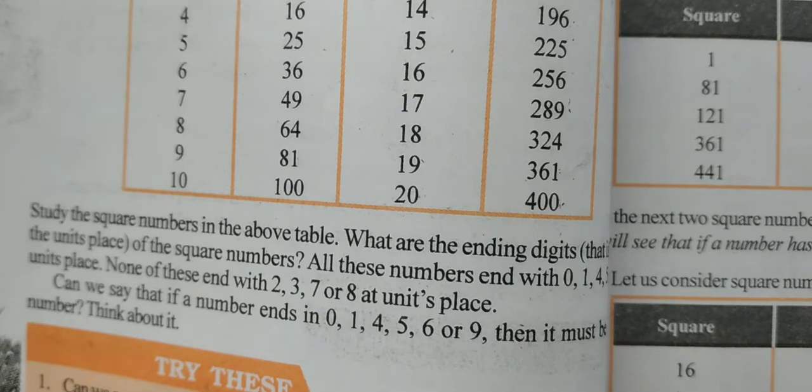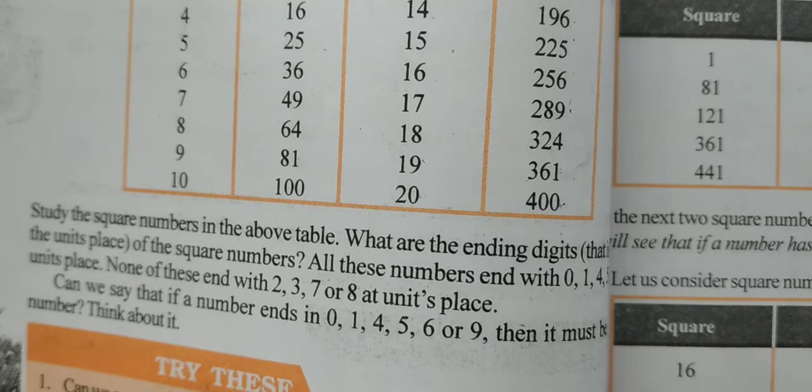So when you see a number which is a square of some number you don't know, what will you see? You will check the digit at units place. If it is ending with 0, 1, 4, 5, 6 or 9, then there is a possibility that